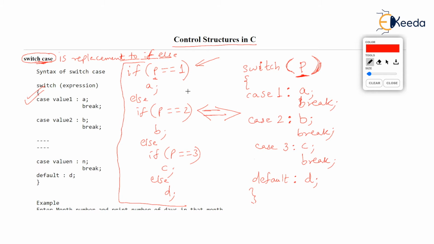Let's see again. Suppose p is not 1, p is 2. Then you know how this if runs. First, the if will check is p 1, which is false. So it will go to else. And then it will check, okay, p is not 1, so is it 2? Yes, it is true. So statement B will run, and after statement B, the remaining else will be dropped, isn't it? Simply not executed.